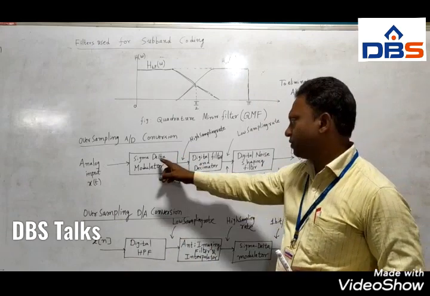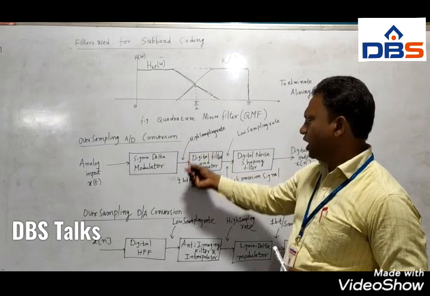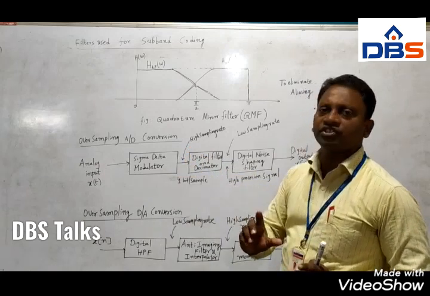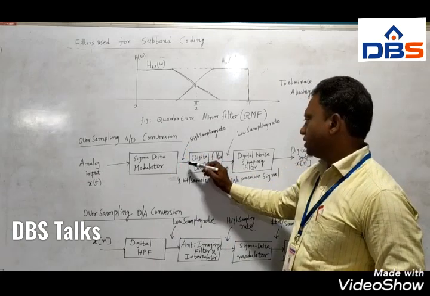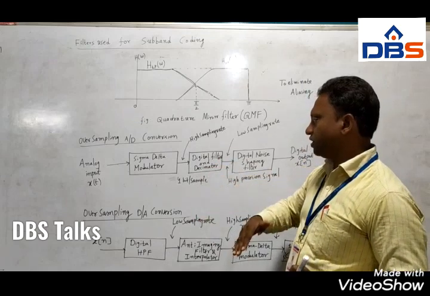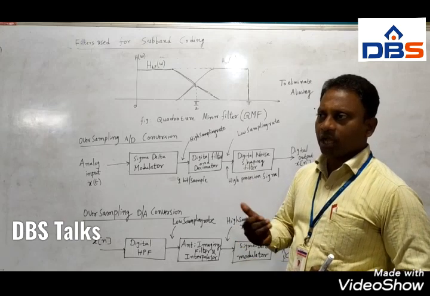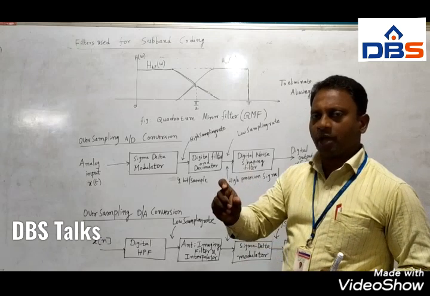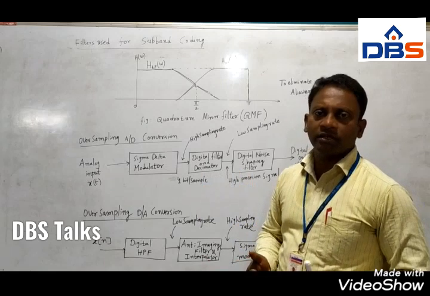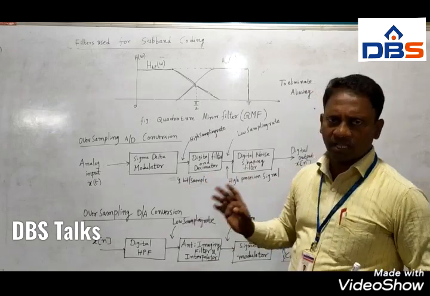All these operations are performed in the sigma delta modulator, and after that we will have 1 bit per sample. Every sample is represented by 1 bit. After that we will have a digital filter and decimator, which will downsample the sequence according to your requirement. Suppose M is equal to 2, it means downsample the signal by 2, which means one sample is eliminated from the sequence of samples. Suppose the input is 5 samples, then with M equal to 2, one sample is eliminated.